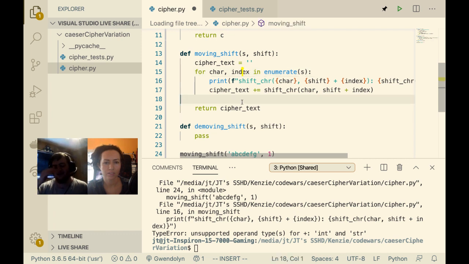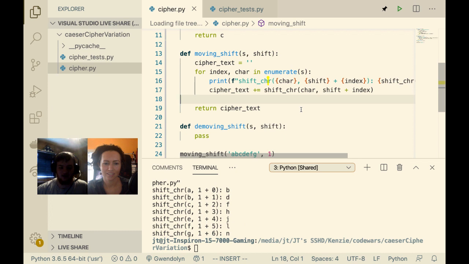That is it. Yeah, it's index and then the character. Okay. Silly mistake. I do that all the time, especially in JavaScript when you're doing the .map, and the index always comes after the current element you're looking at. Yeah. All right, let's try this now.